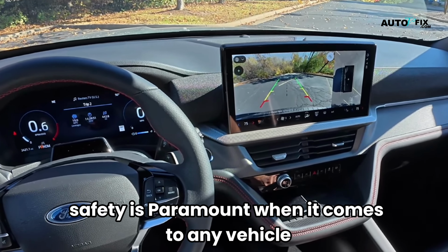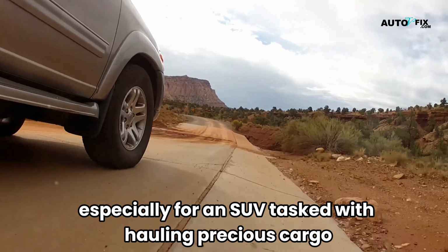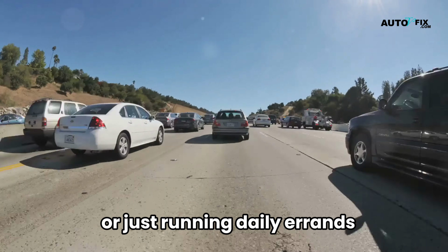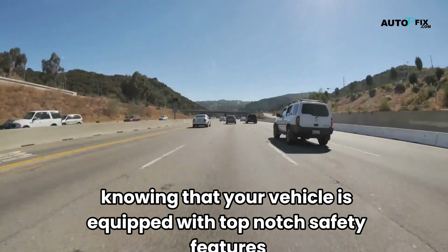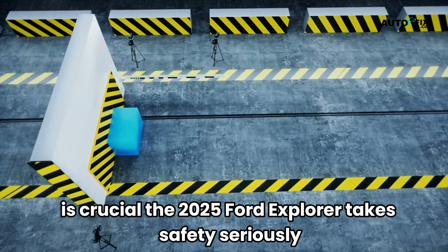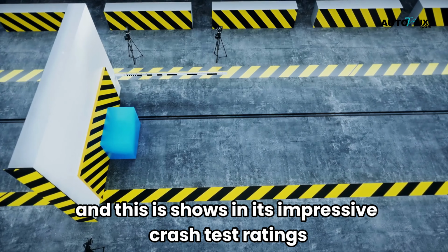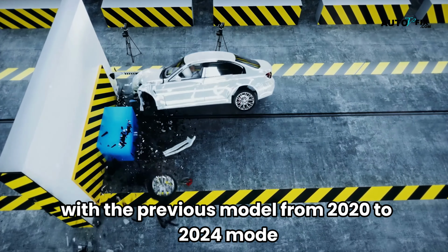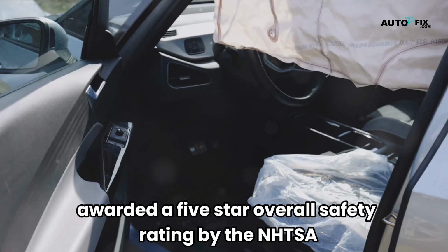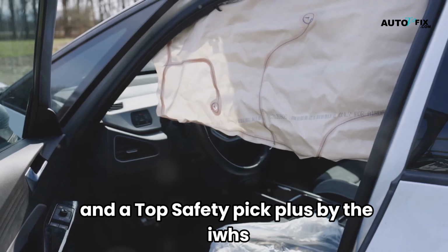Safety is paramount when it comes to any vehicle, especially for an SUV tasked with hauling precious cargo. Whether you're driving your family to a weekend getaway or just running daily errands, knowing that your vehicle is equipped with top-notch safety features is crucial. The 2025 Ford Explorer takes safety seriously, and this shows in its impressive crash test ratings, with the previous model from 2020 to 2024 awarded a 5-star overall safety rating by the NHTSA and a Top Safety Pick Plus